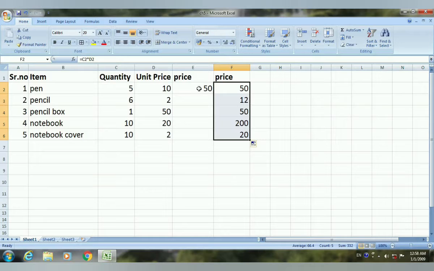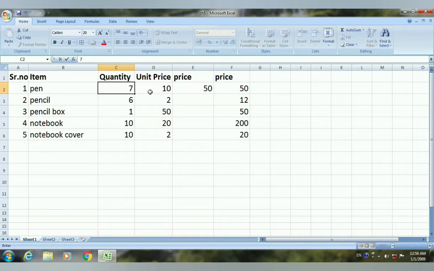And the third one is here, if you cut or move this data into another worksheet or into another place, then it will recalculate the formulas and change the cell address accordingly. And suppose if I am changing the value here, if I am writing 7 instead of 5, then without doing anything, it will recalculate all the things again. So these are the main benefits to use the cell address instead of manually typing the values. Now you just write these things here.